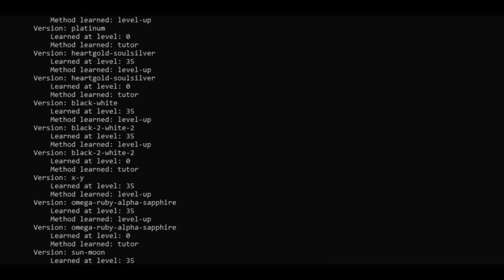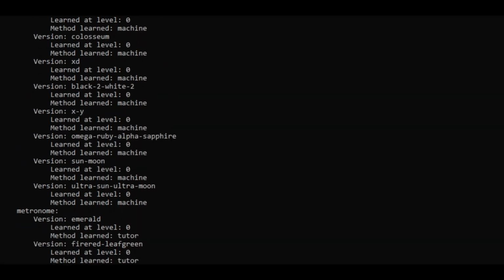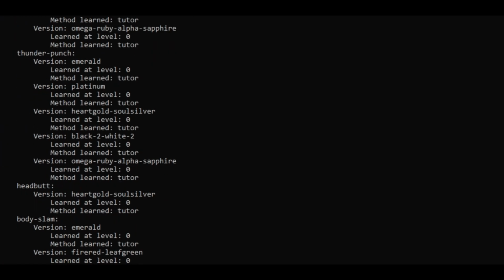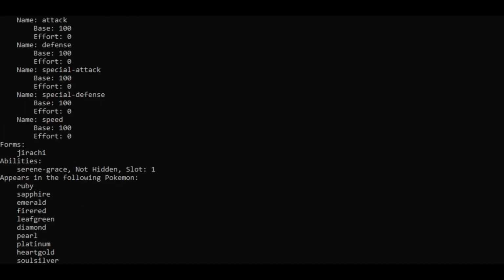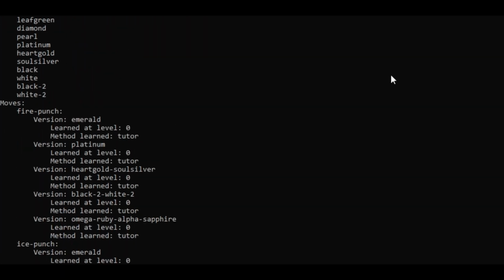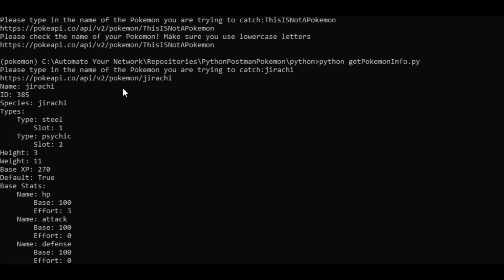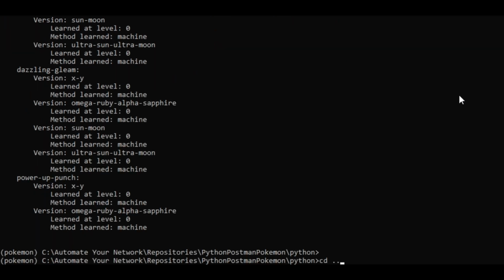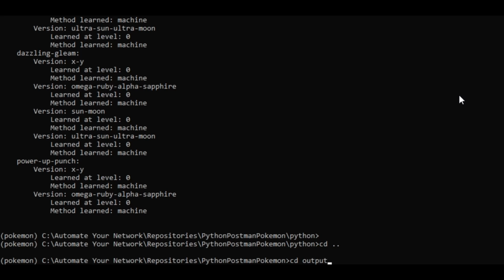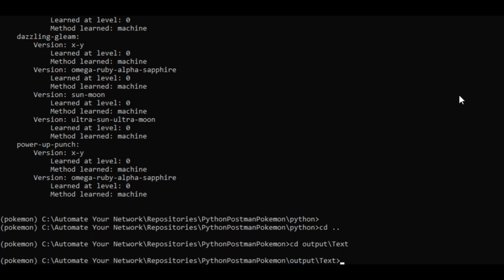Now on the screen, I have all of Jirachi's stats on the screen. And there's the base effects, the ID. This is a steel type and a psychic type. Ooh, that's a powerful Pokemon. Now, let's just make sure that in my output / text folder, I have,